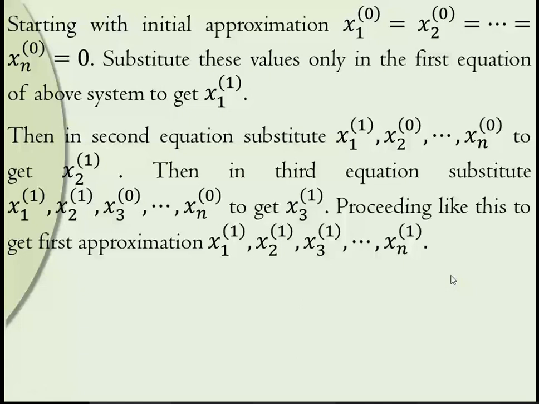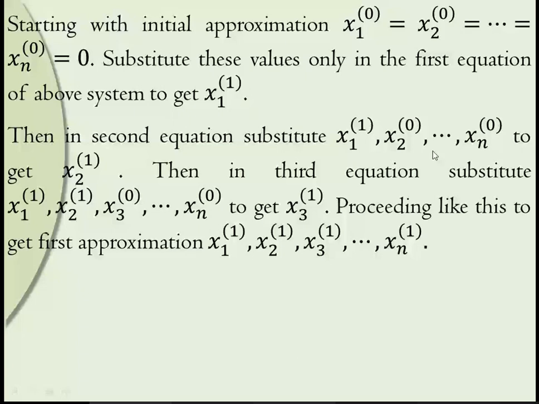Okay, what we do for Jacobi is find the whole set at a time first. We put all equal to 0 and get the first set, the first iteration. Then we use the whole first iteration to get the values of x1, x2, x3, that is the second iteration. But here we are not doing that. Only for the first equation do we put all equal to 0. Then in the second equation, take the new value of x1 and the remaining terms. In the third equation, take the new values of x1, x2 and the remaining terms 0. Like that we have to continue.